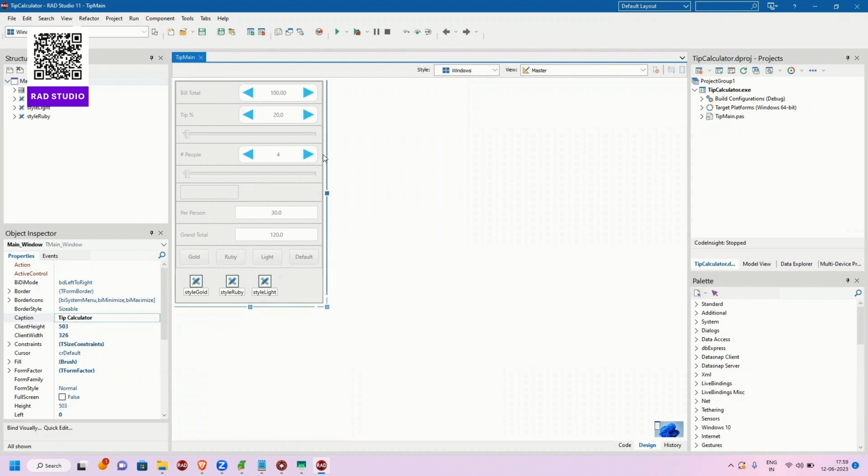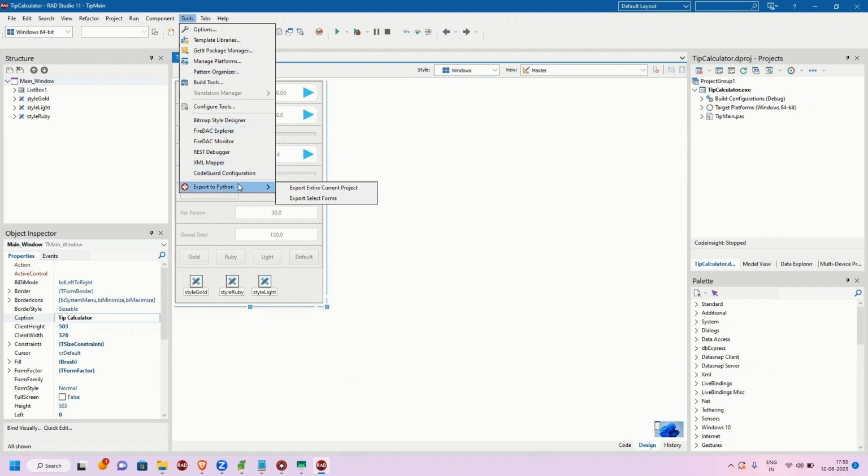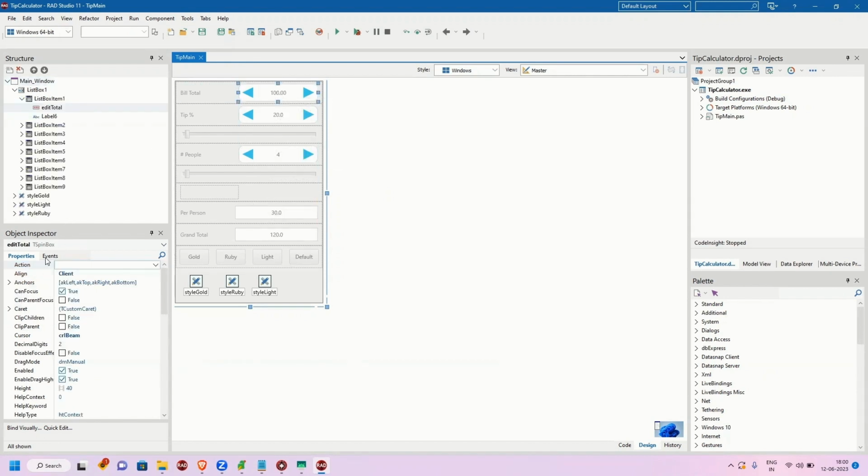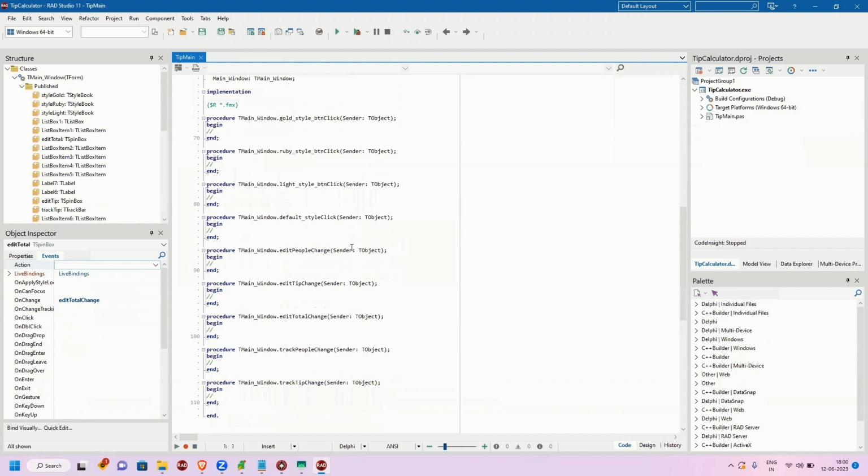And now, as you install the Delphi for Python exporter, as I said to you, you will get to see this export to Python option here. Here we have two types of exporting, as you can see. You have the UI, all the UI components here used to design the tip calculator application. Also, we have the event methods associated to specific events. Let's say here, for example, when you have this spin box, you have the event of on change, right? All of them are mentioned here in the code, the empty event methods. We have provided